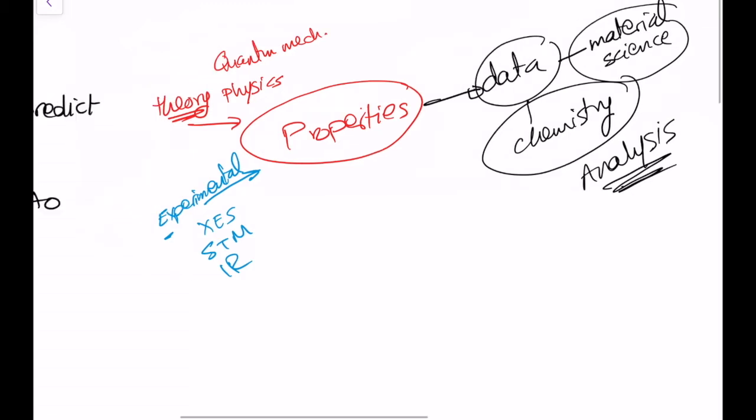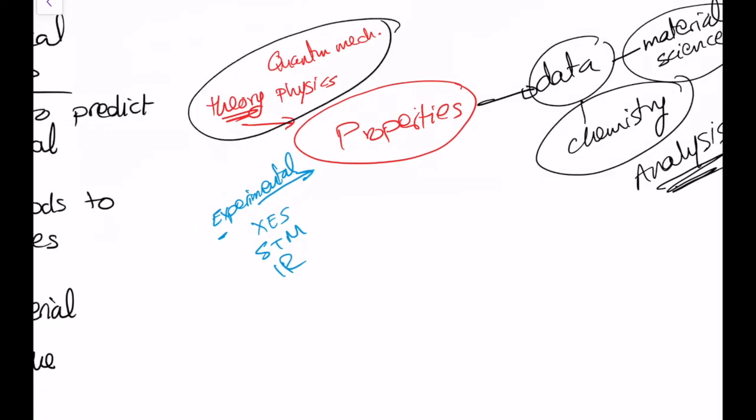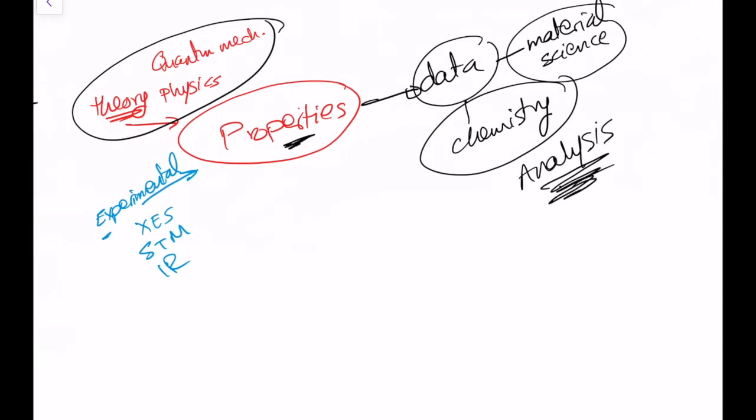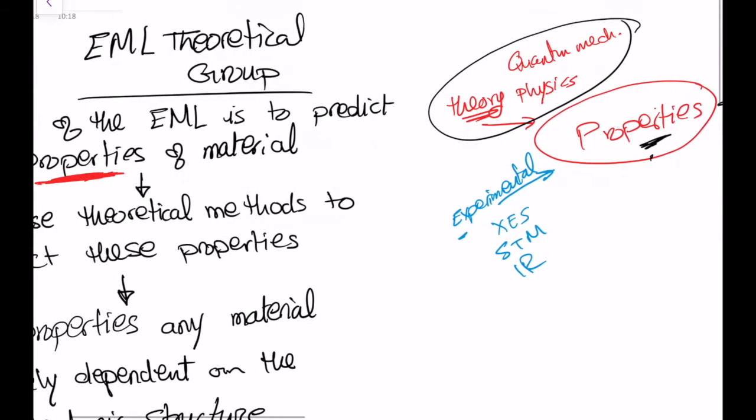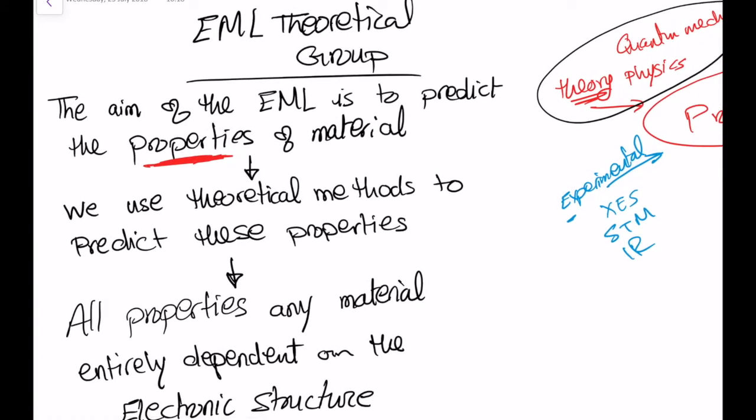The difference is that the theoretical team works on getting the properties of the materials using theoretical methods, but we both share the theoretical analysis. So theoretical analysis is the scientific part of the paper that you have to add after getting the properties correctly. So again, the aim of the EML, we both share the same aim, which is getting the properties of the